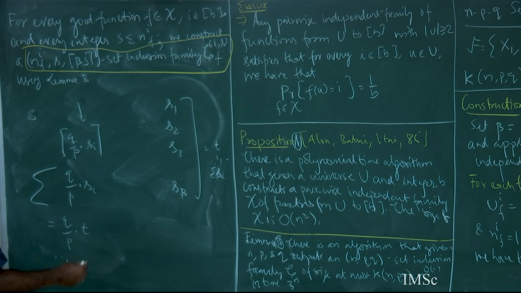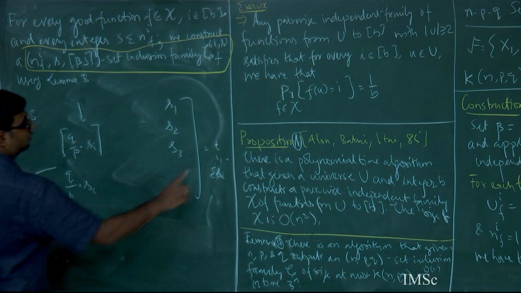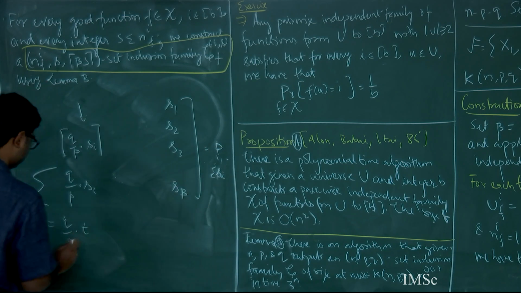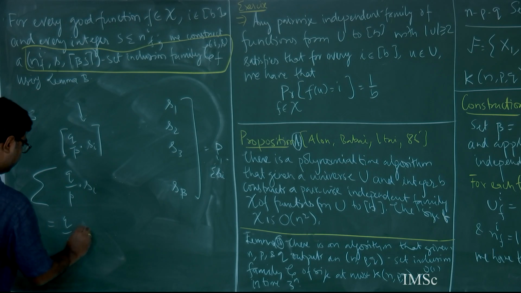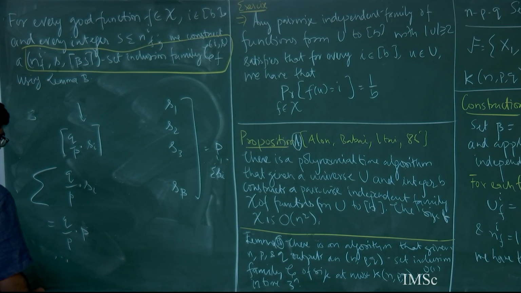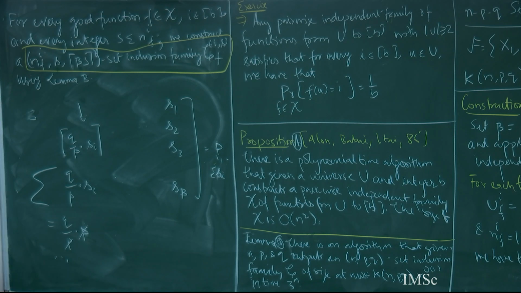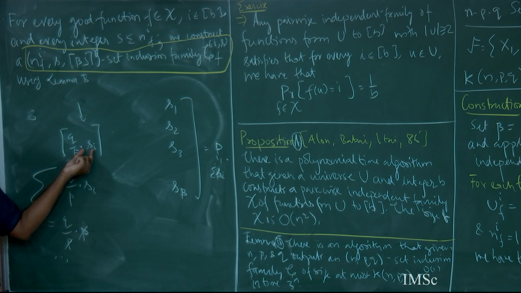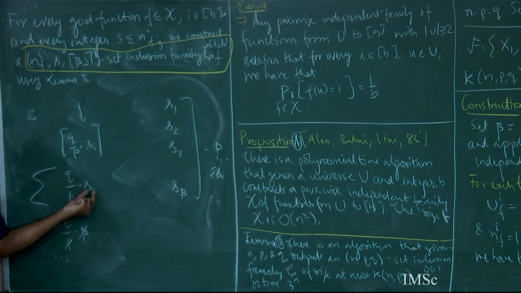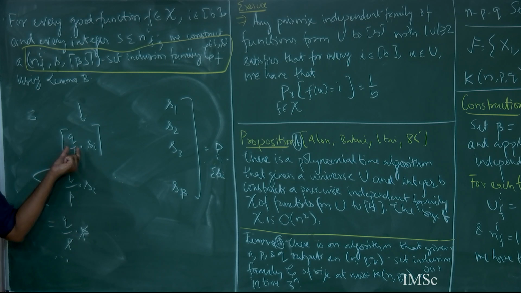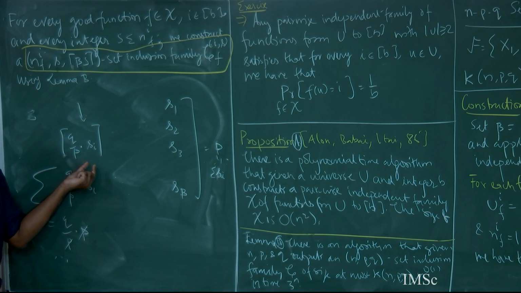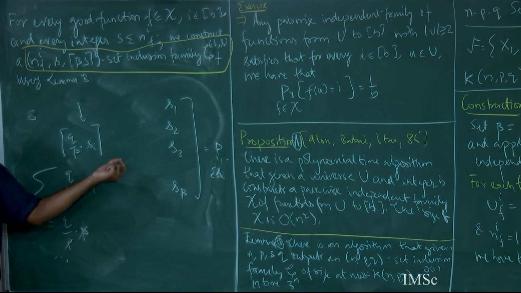Yeah, so suppose this t is p, so this is p. So what did we cover? We got a set of size q, which will be our x, because p will get cancelled, right? So if p gets divided into s1 to s beta, you are covered in each part q by p times si. If you sum them over q by p times si, this is not what will happen because there is a ceiling here. Okay, so you might be over covering it, so you have to subtract it.